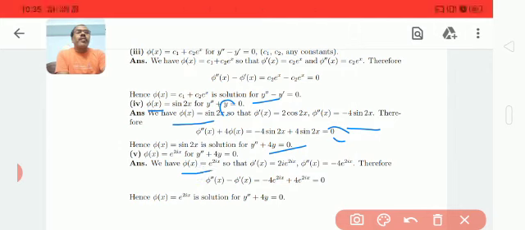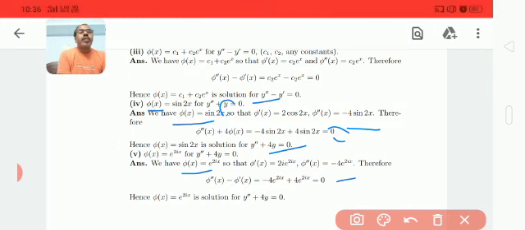So the first derivative is 2i e to the power 2ix, and the second derivative is again 2i multiplied by 2i, so that is 4i square, but i square is minus 1, therefore it is minus 4 into e to the power 2ix,